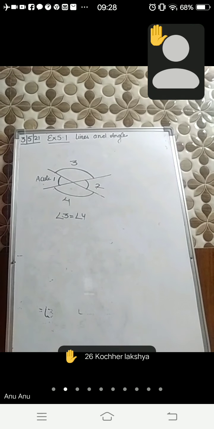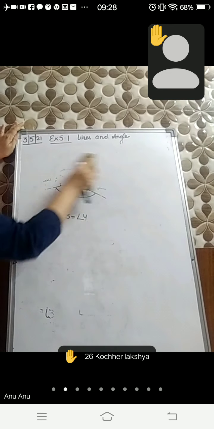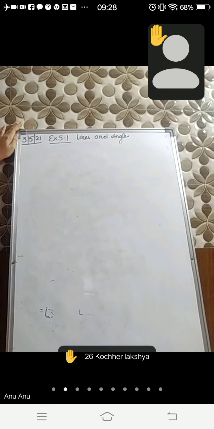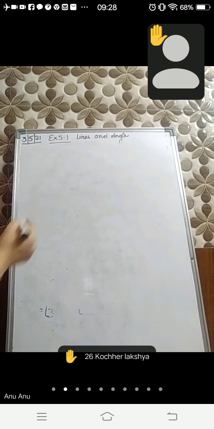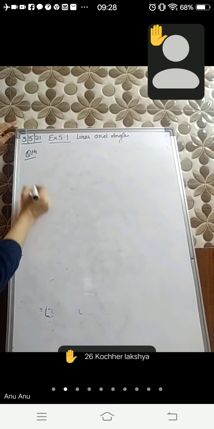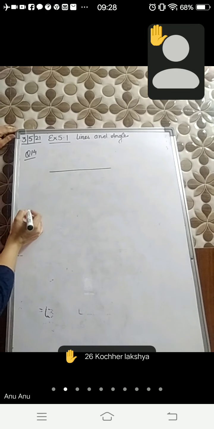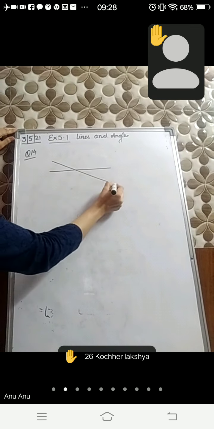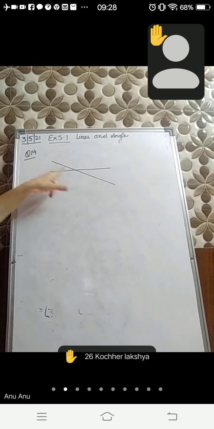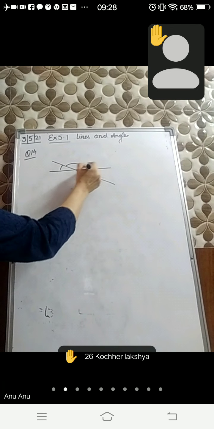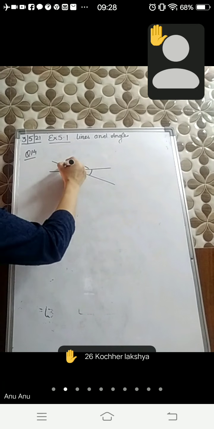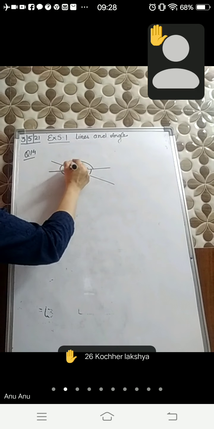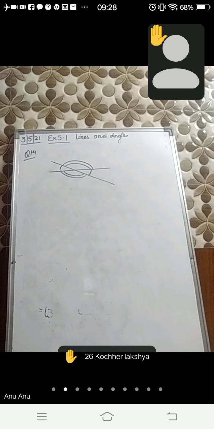Now, let's start with the next question, question number 14. This is the last question. After that, we can discuss the examples of this exercise. Question number 14. You have been given a straight line. In the same manner, the two lines are intersecting. This angle is equal to this. This is an acute angle, and this greater angle is equal to this angle, an obtuse angle. Clear है ना ये तो बेटा आपको? Any doubt in this? Any doubt?